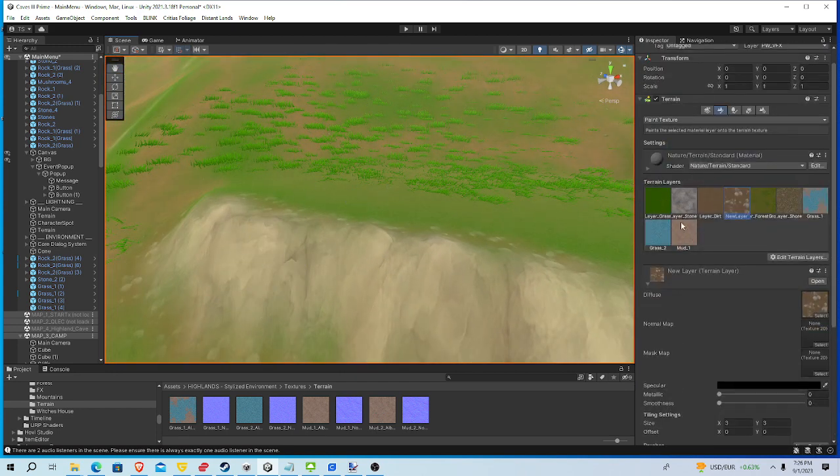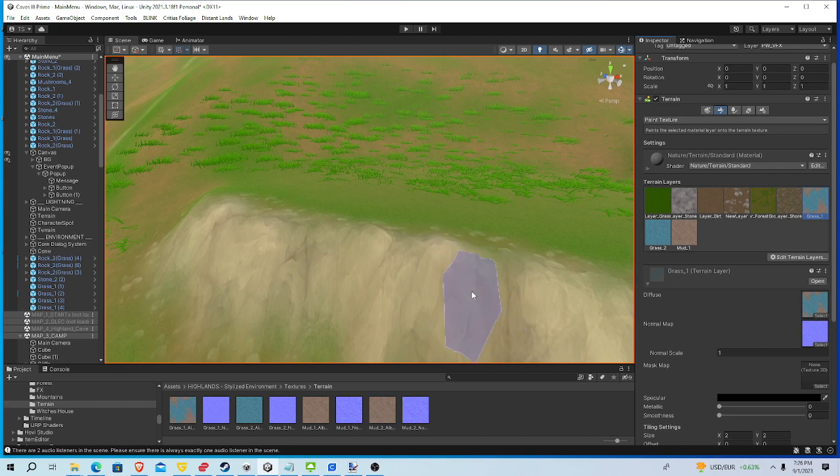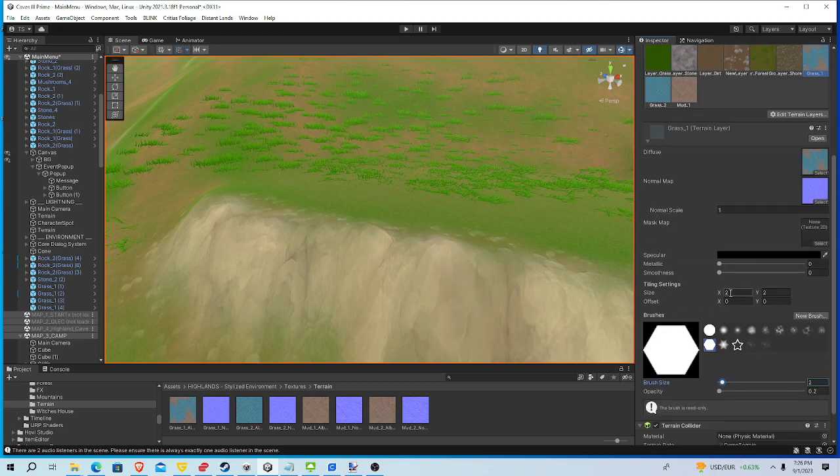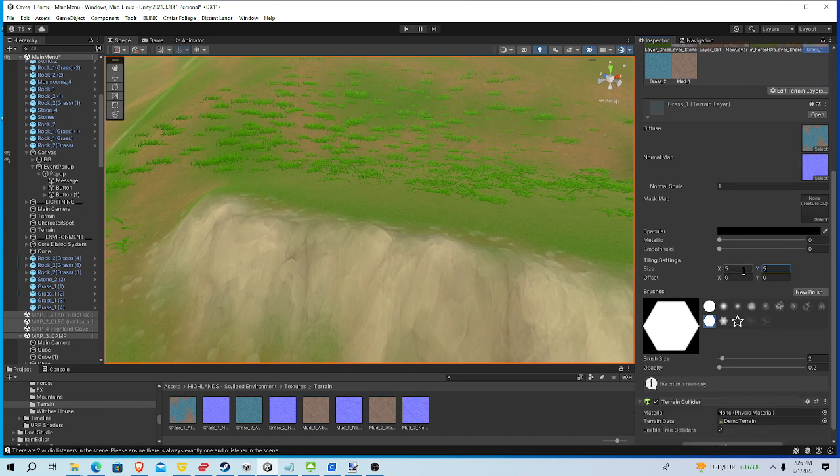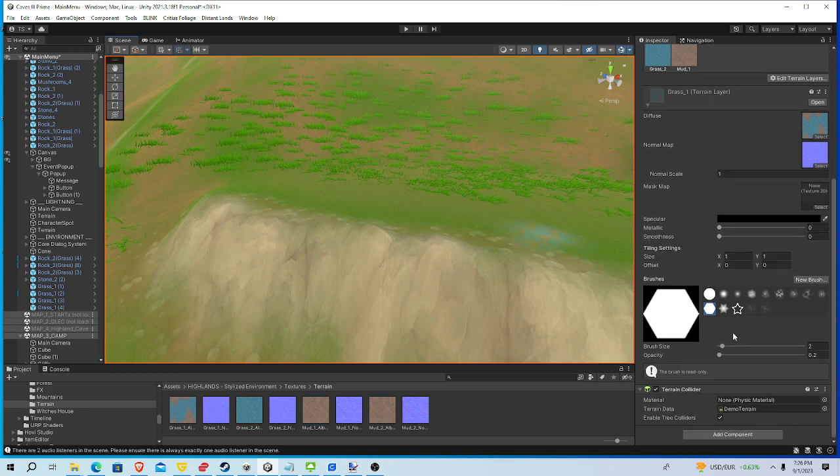Blend your terrain tool. The next is I'm going to hop over here to Grass 1. And Grass 1 is currently set at a tile setting of 2.2. So these tile settings, I'm going to crank this up to 5.5. On your terrain tool and a piece of texture, you have some settings that allow you to basically adjust the display resolution of this stuff. So I'll show you what this looks like at 1:1. It's native ratio, and I'm going to go ahead and